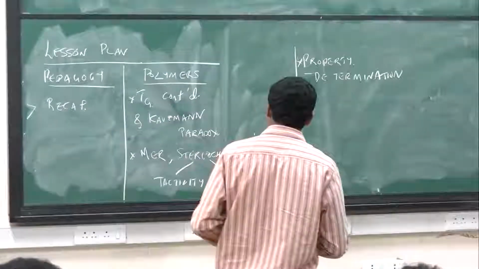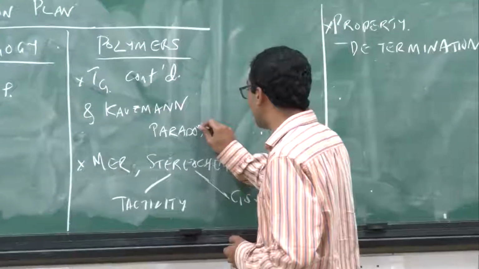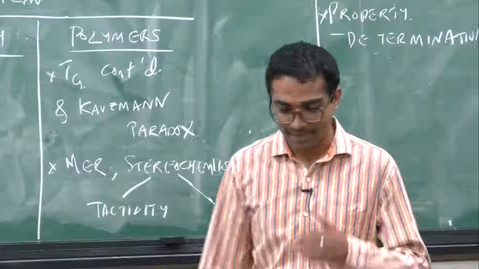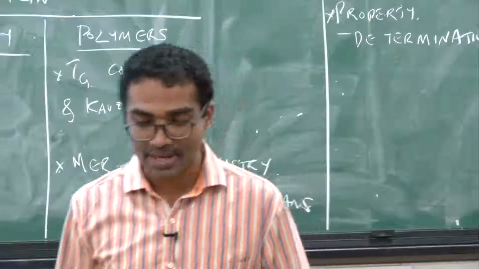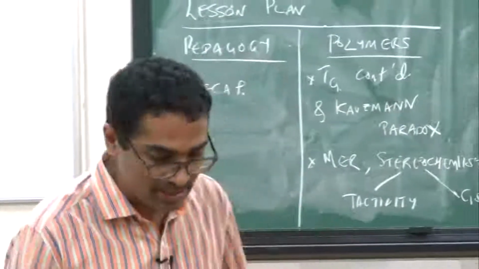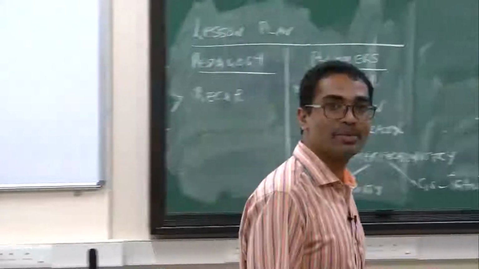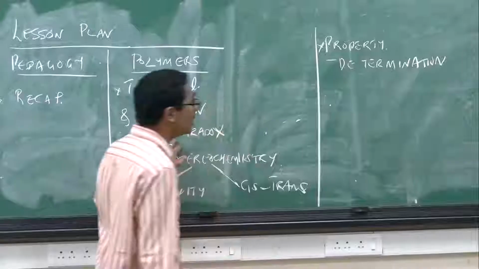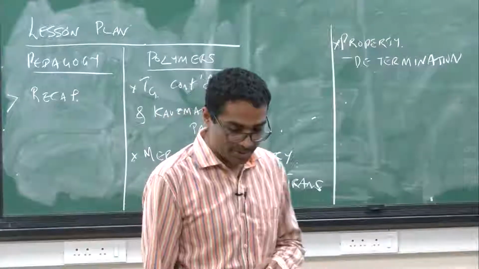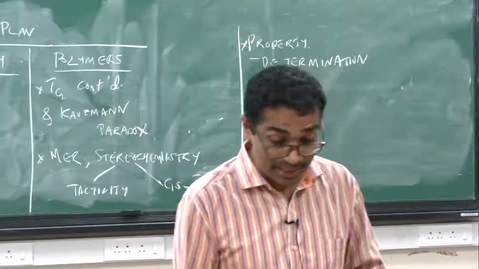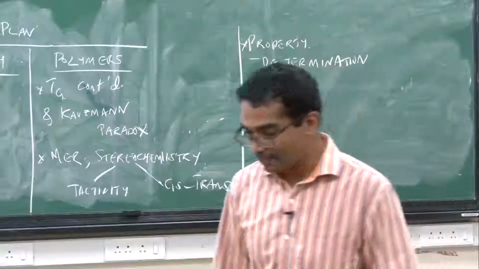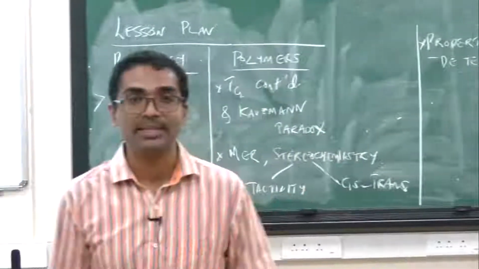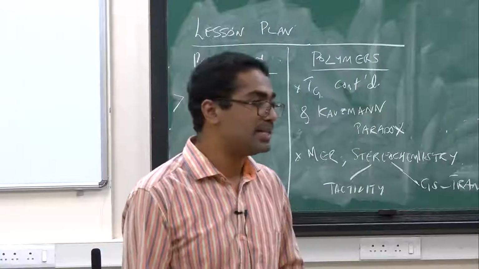I wouldn't consider this to be a very fundamental concept that needs to be covered, let us say, at a first year material science course level, but since there was a curiosity driven question, I wanted to bring that to this class. So we will take a look at this Kauzmann paradox, which essentially provides a limit to the TG. It provides a lower limit, in fact, as far as TG is concerned.